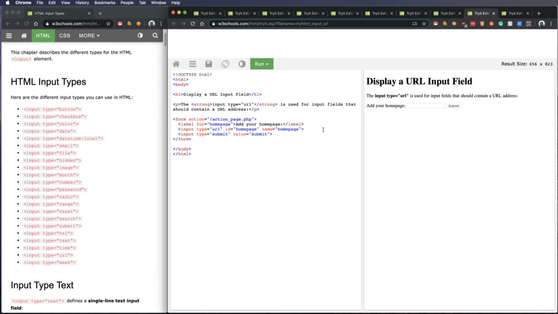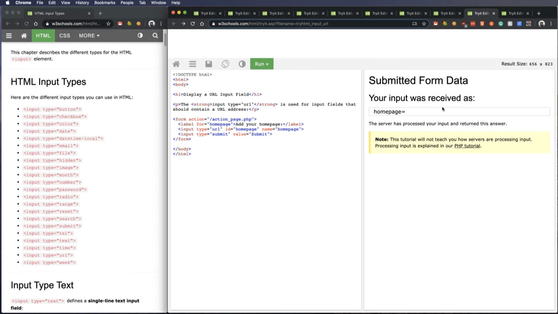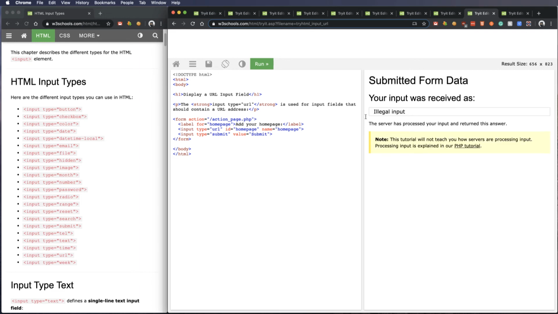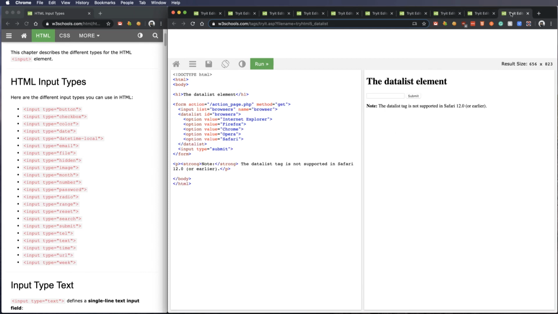This one is using a URL input field, and it doesn't really do any validation or anything like that, as you can see, but typically you'd want to put in some kind of HTTP address and send it, but it's just one that they've got. I've got some illegal input here. That's funny. And last, this one isn't an input type,